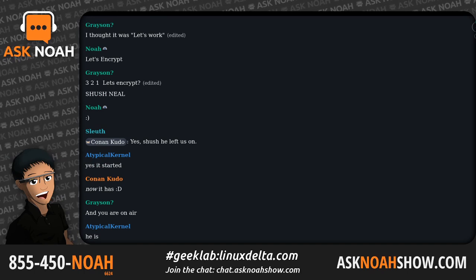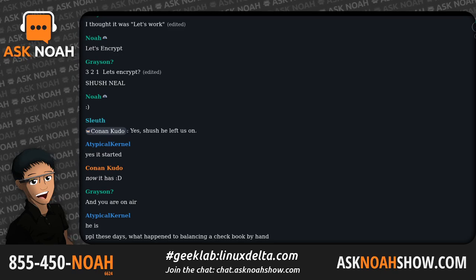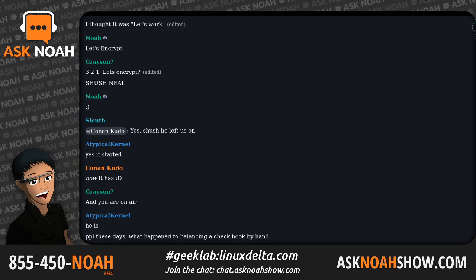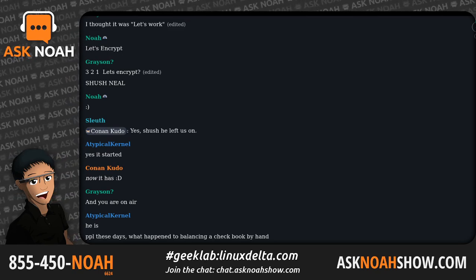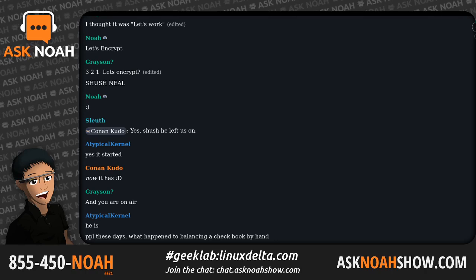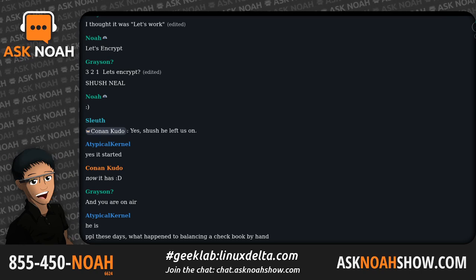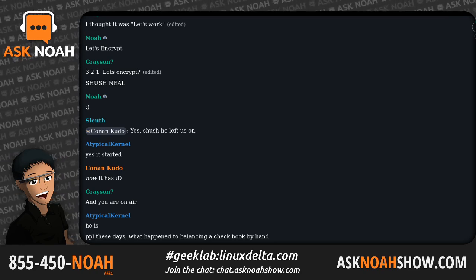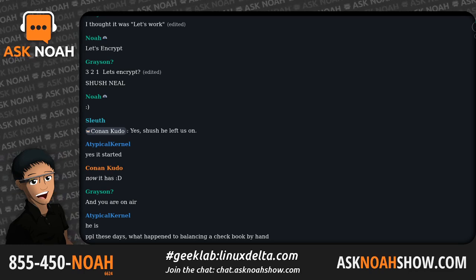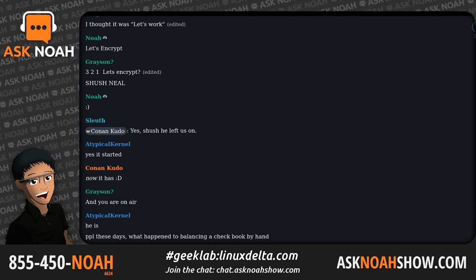I will also give a plug for KMyMoney, which is software put out by the KDE project for managing money. Now, the UI is substantially better than GNU Cash, but again, it's along those lines of you add your banks, you add your accounts, you log transactions, and then you're essentially tracking what you've done. It's not so much that you're planning or managing money so much as it is you're tracking what your bank transactions are. And so if your goal is to do that, then check out KMyMoney or GNU Cash. If your goal is to really get a handle on your finances, then I would check out EveryDollar.